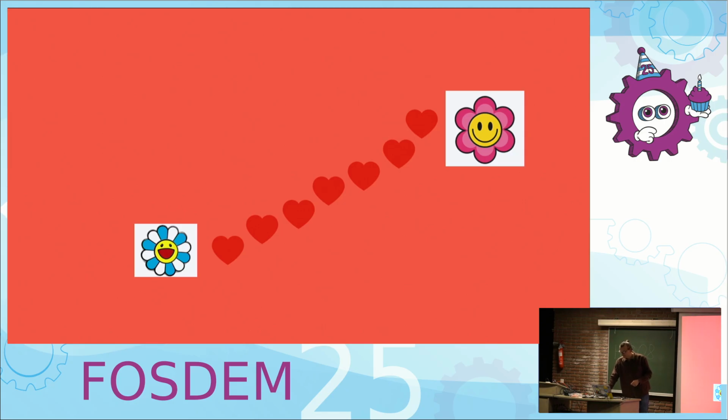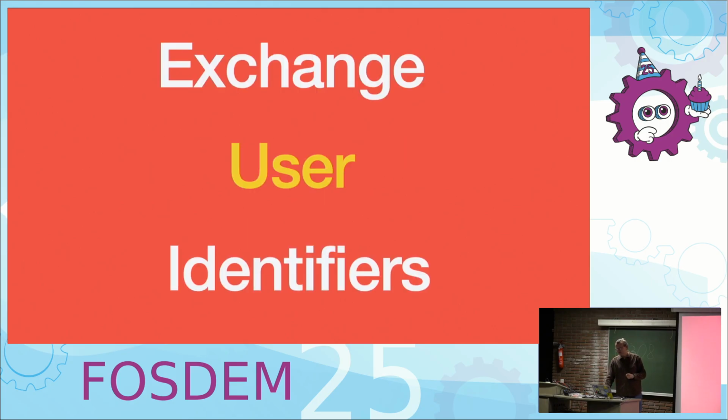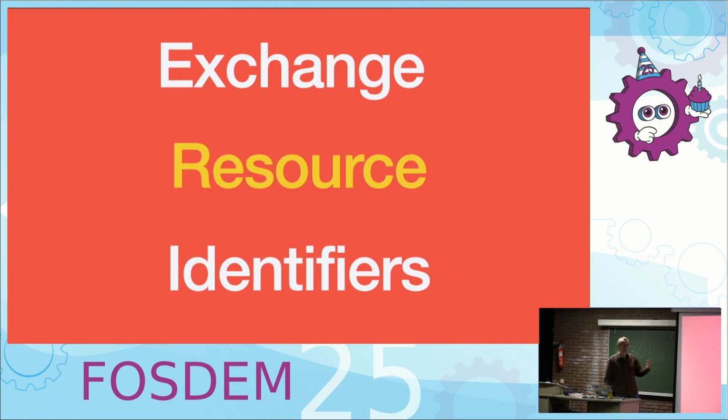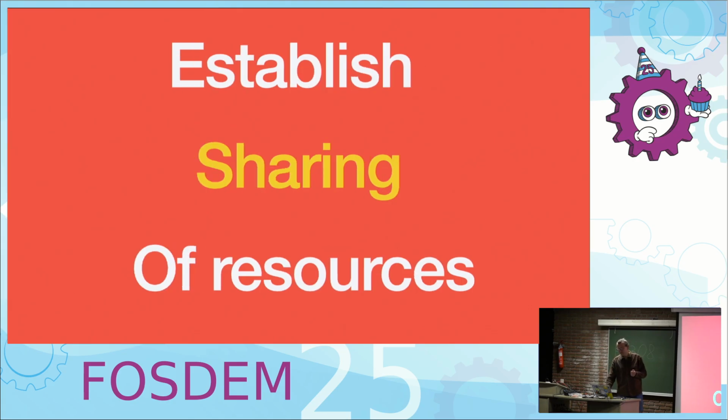The other thing that ownCloud Mesh does, apart from establishing the first contact, is to exchange user identifiers. So it's not just the identifiers of the servers to say, hello, nice to meet you. But also, at some point, you want to talk about the users on each of those servers, because these users want to share documents and collaborate. So you have to say, I'm looking for that user on your server, and you need to refer to resources that they then share.